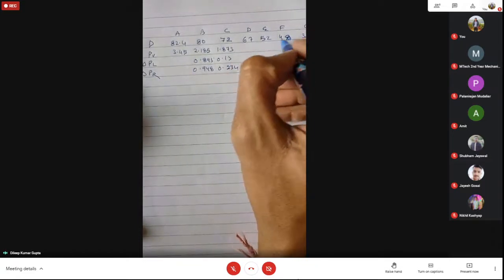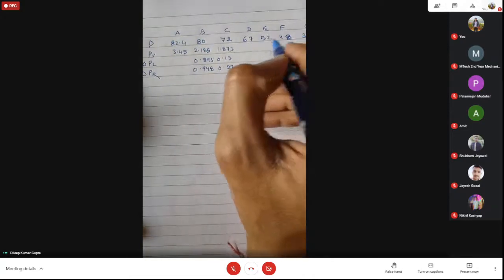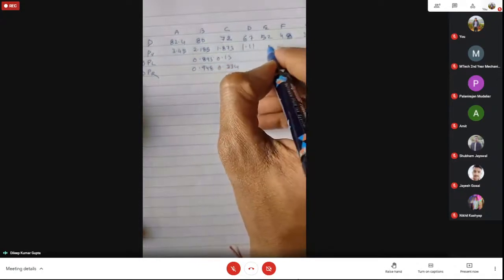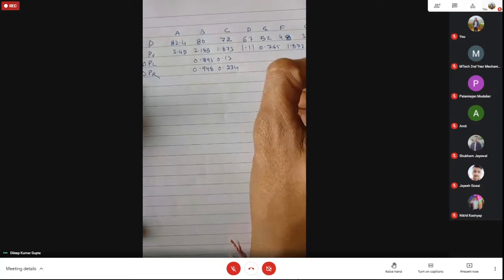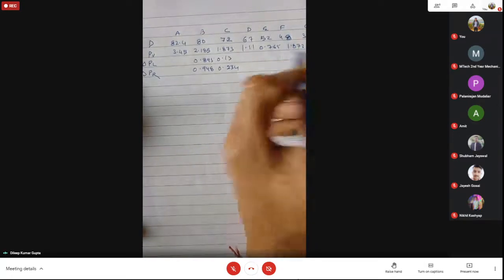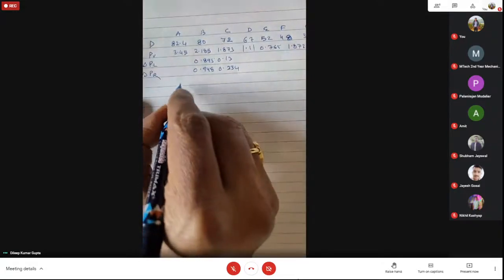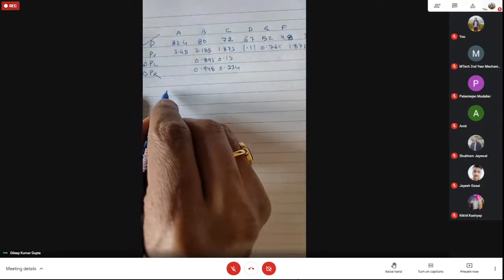This I am saying assume means what? Not necessarily this will be the exact value. You will be getting this one by 2 or 3 iterations also. So here it is 1.11, 1.11, then 0.765, then 1.873, then 1.074. These are the losses over here for different sections. Once this is done, sizing is done, diameter is known to you. Now we'll find out the value of total pressure losses.